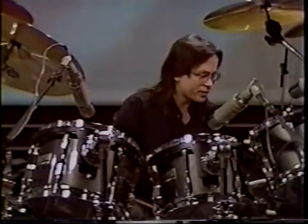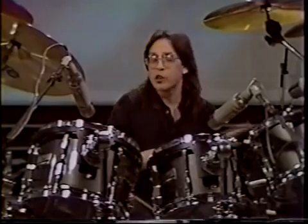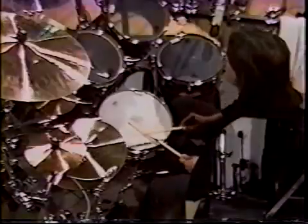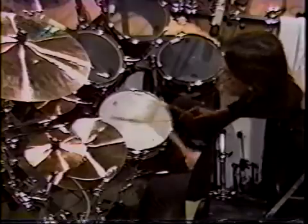Now what I'm playing is 8th notes and 16ths on the hi-hat, and I'm opening the hi-hat on quarter notes, and closing them on the 8th notes. 1 and 2 and 3 and 4 and 1 and 2 and 3 and 4 and. Now the bass drum pattern I'm going to play with the hi-hat pattern is a dotted 8th note